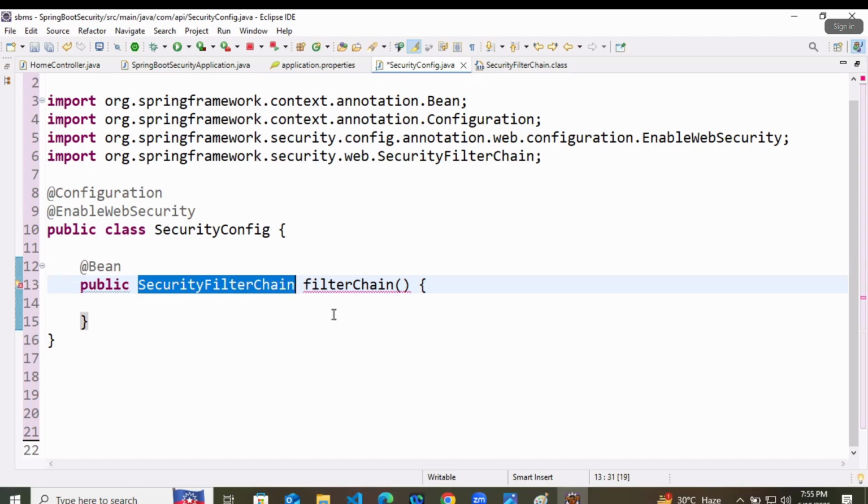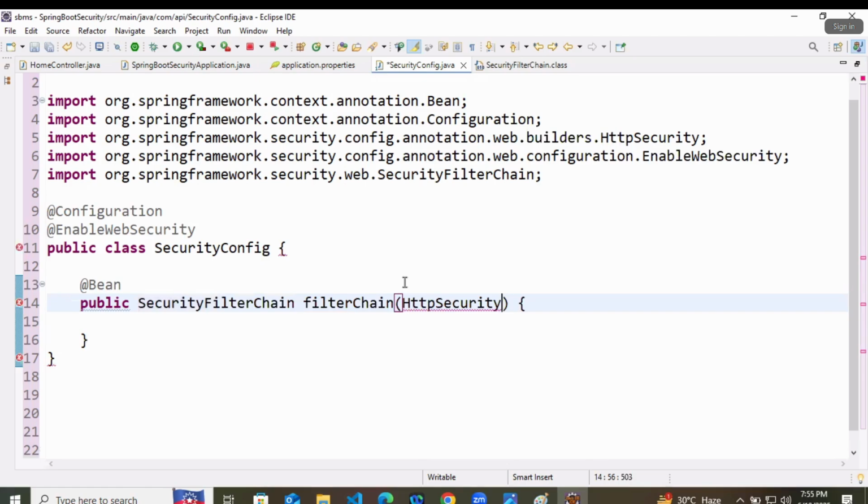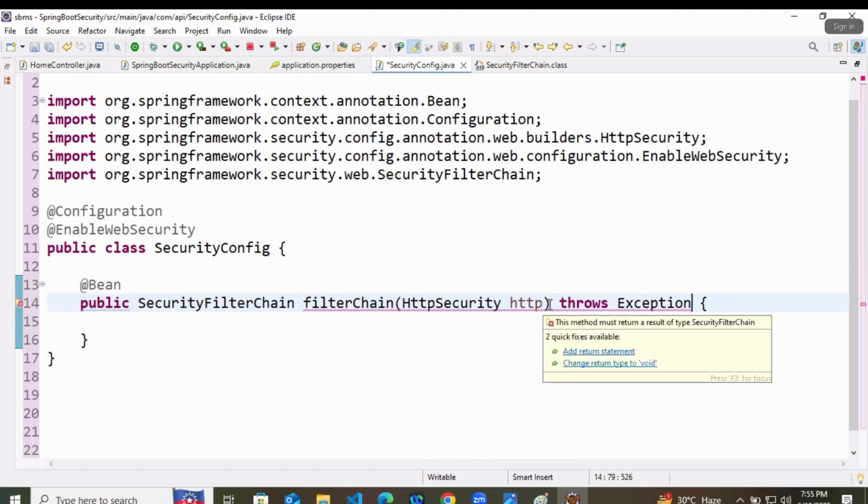Now in this SecurityFilterChain, let's embed the HttpSecurity here. You can give it any name, let's say http, and it throws an exception. It is actually a checked exception, so you have to use try catch, or in the simple way you can write throws Exception.